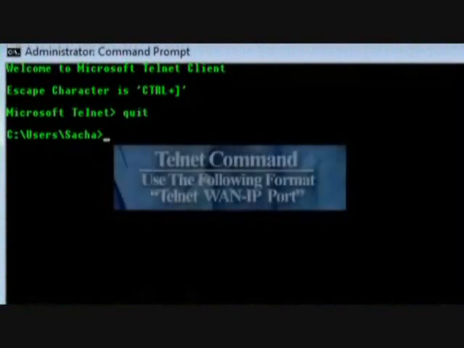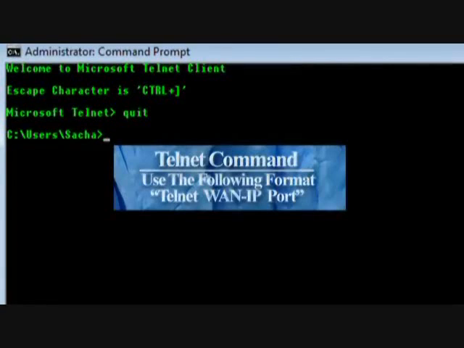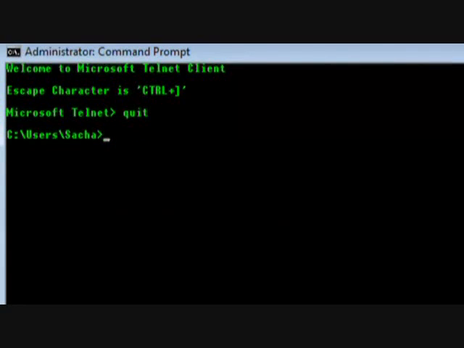Now back in the Windows command prompt, we'll enter the command in the following format: telnet space WAN IP space the port. So at a command prompt, we'll type telnet